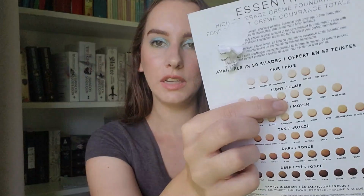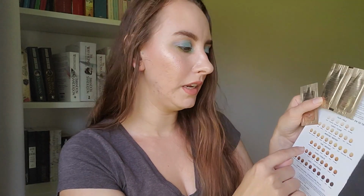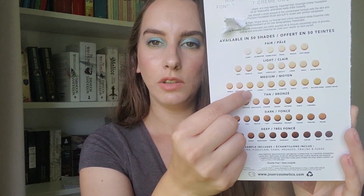Then I have in the light category Porcelain, which still might be a little light, but we'll give that a try. And then they basically gave you one from each line here, and I passed on the tan, dark, and deep shades to a friend, and they sent me Fawn in the medium. So I think that will be too dark for me, but maybe mixing the light and medium will work best, and then maybe mixing Porcelain and Alabaster if this does go well into winter with me,